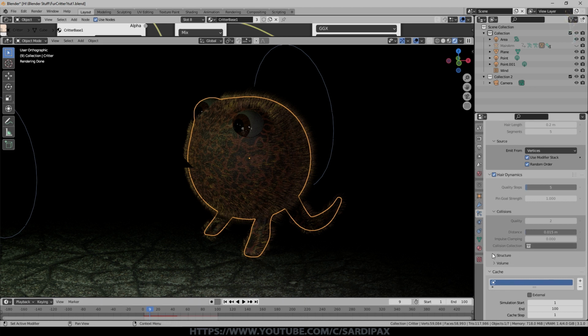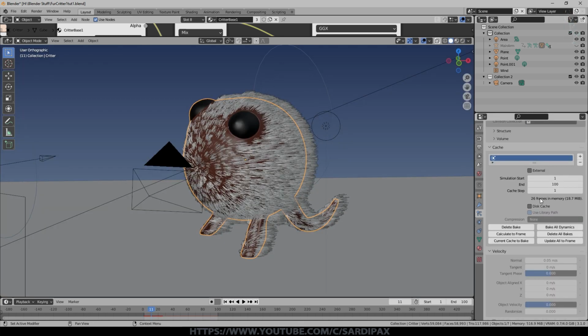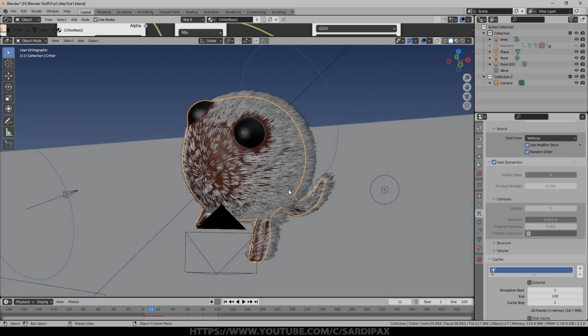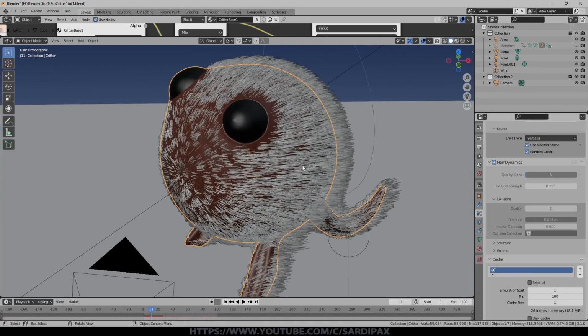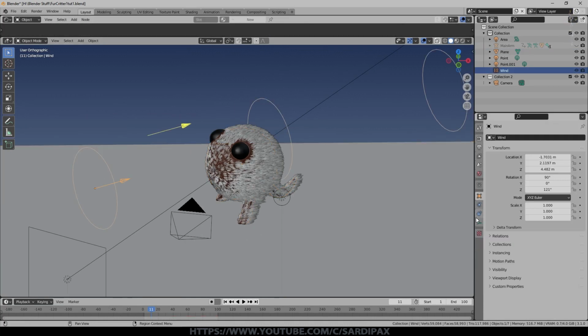Normally you'd have somewhere in between 0 and 1. With 1 it's probably not going to really move very much at all. And you can see I've set that now to 0.25 and it's just about there. The hair's still getting blown into the object slightly. And then I can turn the strength of the wind down to a more reasonable number.